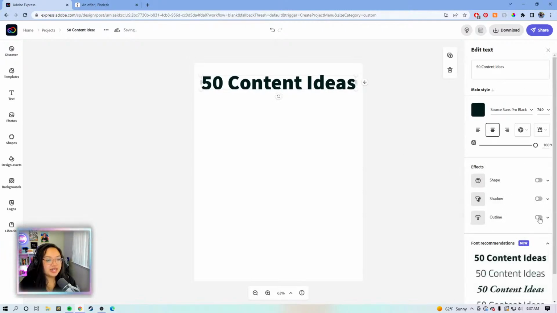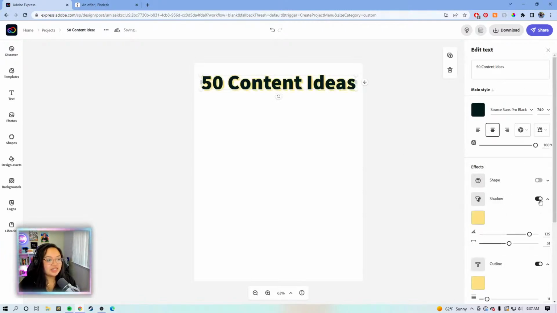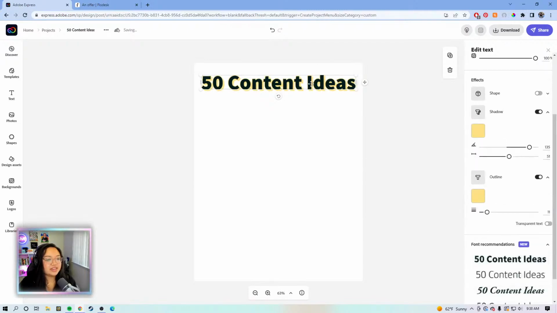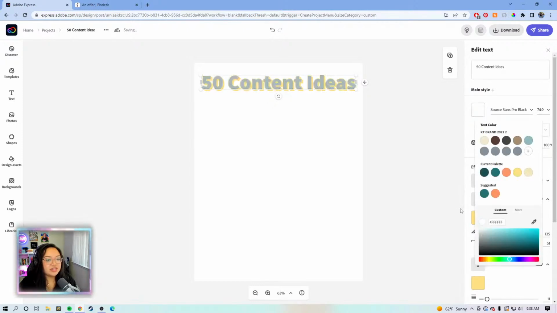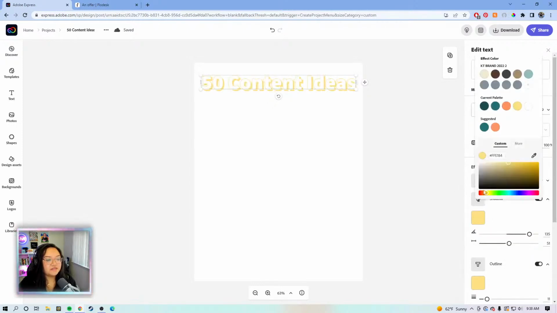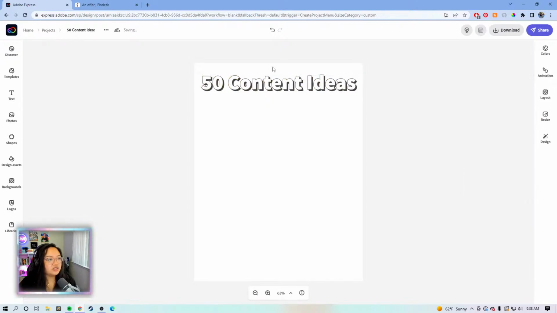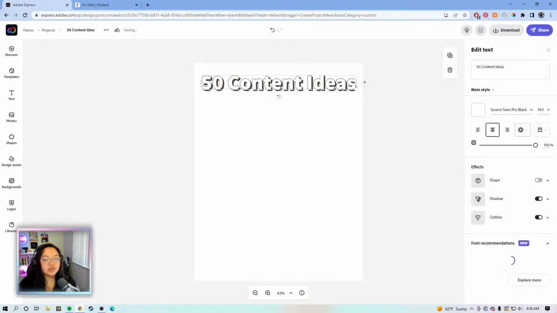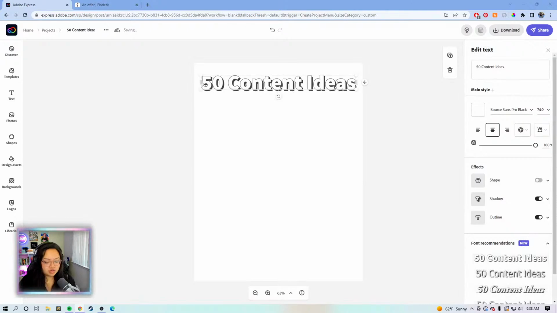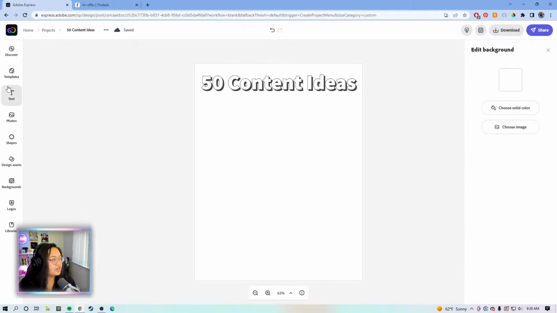Okay, now we're going to add some effects. Let's jazz up the text a little bit. My favorite combo, adding a shadow and an outline. So we're just gonna make the text white, and then we're gonna flip these to this off black color that I have. Yes, okay. Cool, okay, and then, give me 1 second. Okay, next then we're going to add in